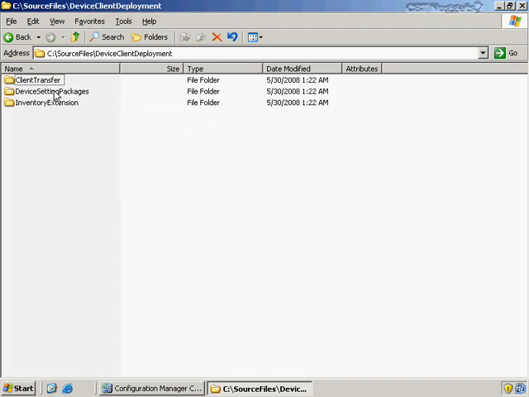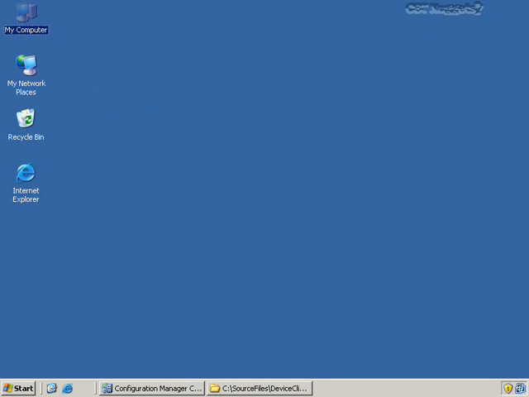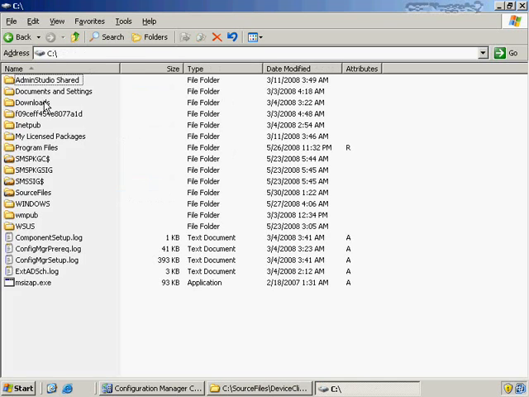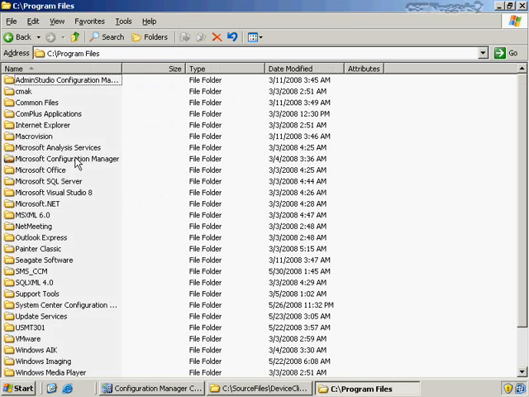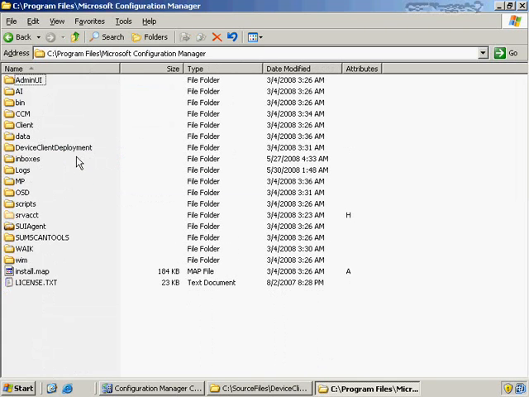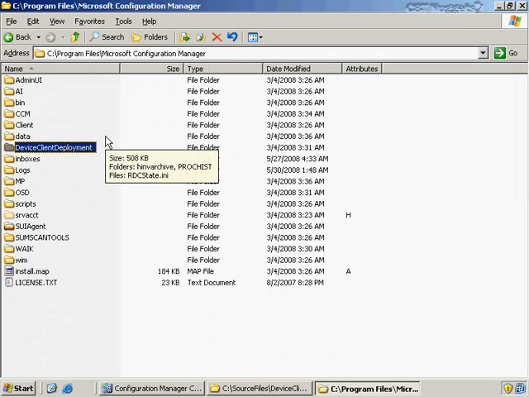Inside of this Device Client Deployment is the client transfer information, device setting packages, and also the inventory extension information. And where I actually got this information from was my computer, the C drive. Once I went into the C drive, I went into Program Files, Microsoft Configuration Manager, and then Device Client Deployment. So what I've done is essentially taken this more or less golden image of these packages from the default installation